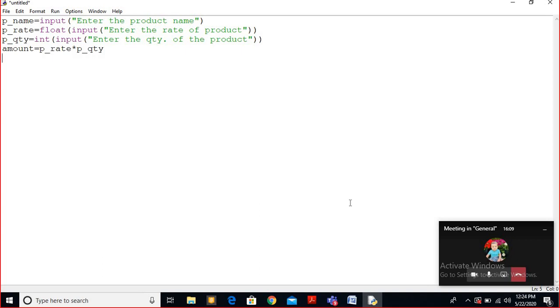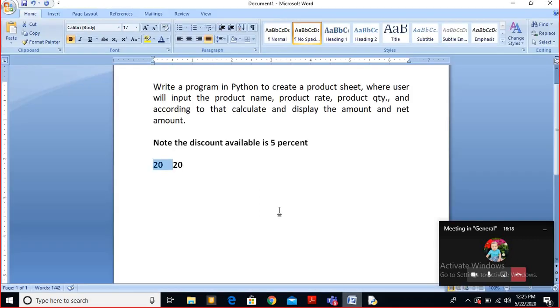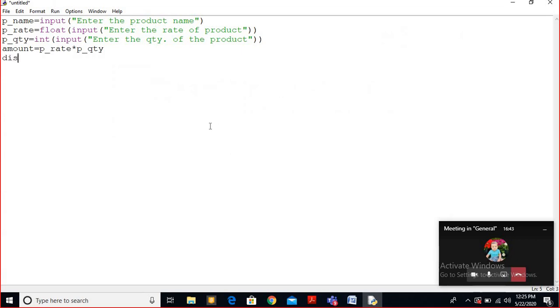Now you see, in the program it is written that you have to display the net amount also. If I go through this program, say 400 will be the amount, then how much do you have to pay, meaning what is the net amount? Net amount you will get only if you subtract the discount. How much percent discount is he giving? 5%. But 5% is on which amount? On the amount. So for that logic, how will the discount be calculated? Obviously, you already got the amount, so we will get the discount on the amount.